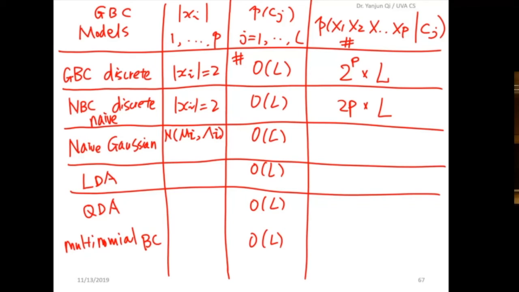For each class, I need to estimate mu, which is p parameters, so the size of the mean vector is p. And then the size of the covariance matrix is p times p, and this vector is p times 1. And because it's a diagonal matrix, the number of parameters we need to estimate in the naive case is,